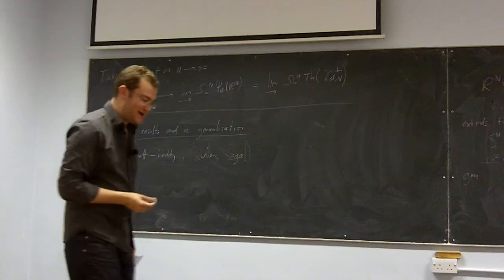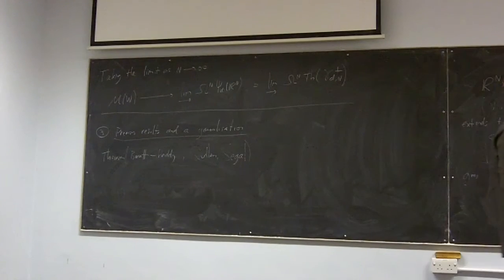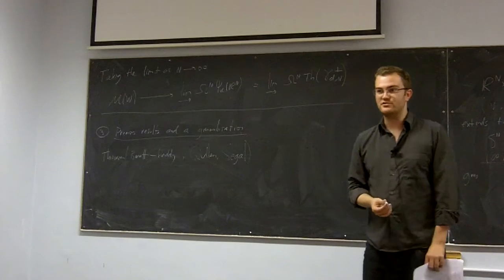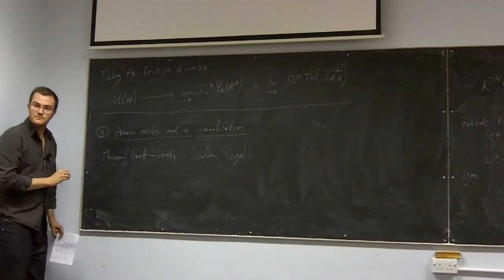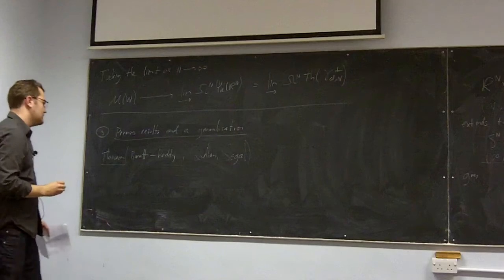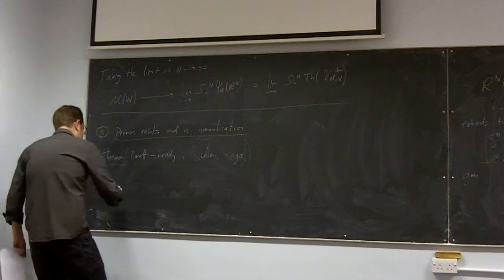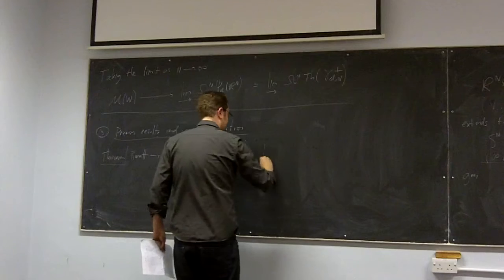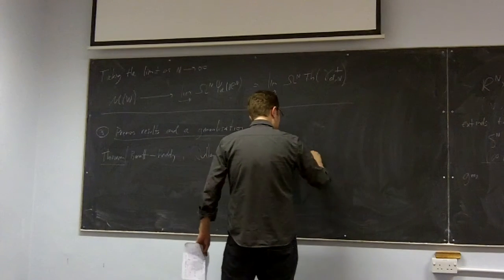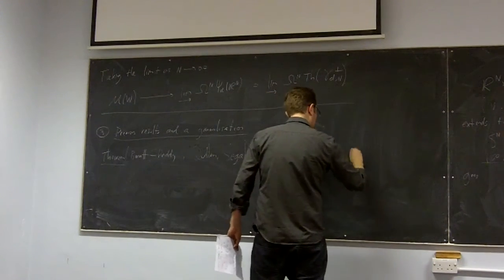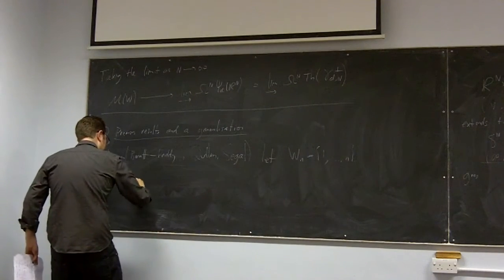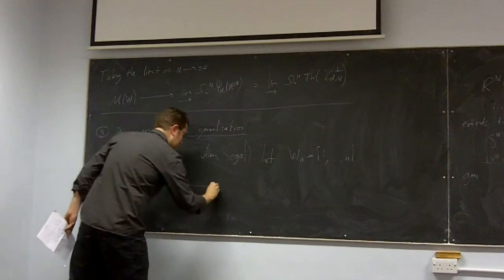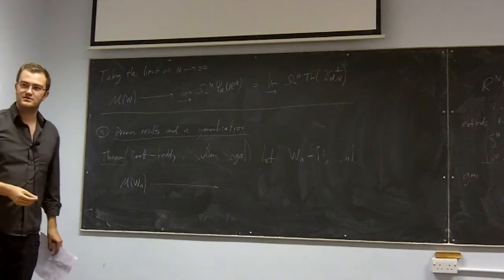Okay? So a compact zero-dimensional manifold is also known as a finite set, and the diffeomorphism group of a finite set is nothing but the symmetric group on that set. And the theorem in that setting is as follows. Let's write W_n to be n points, and we look at MW_n, and we think about what this thing over here is, okay?